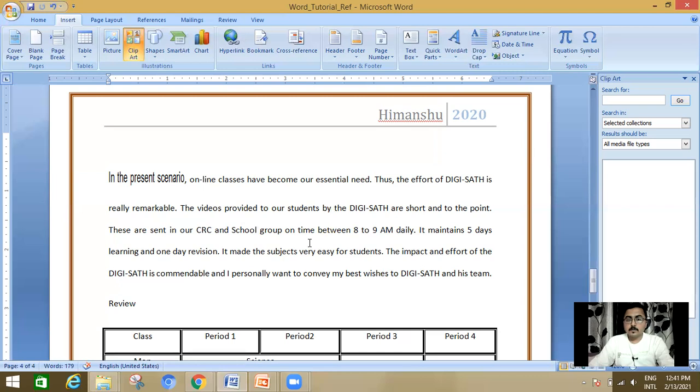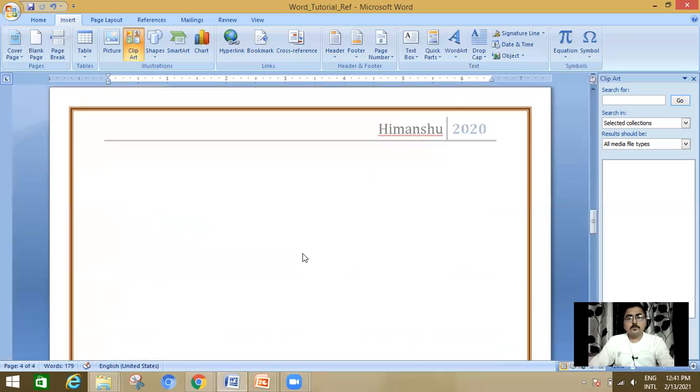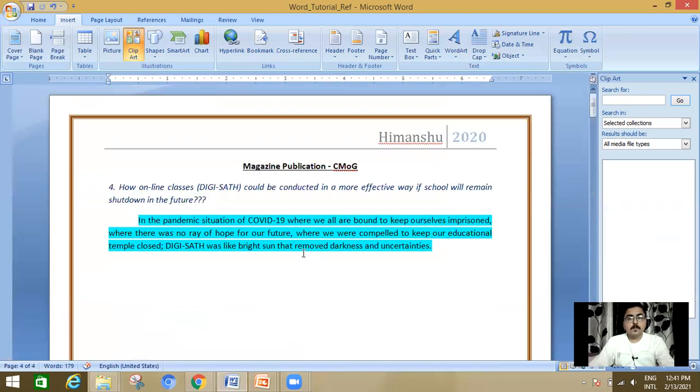Okay? So whenever you come and open that page, now you've forgotten where you have to start. But you remember that you have created the bookmark. So click on the Bookmark section.